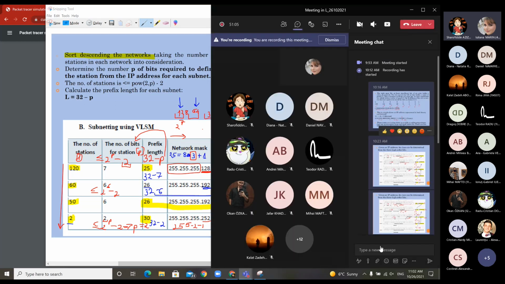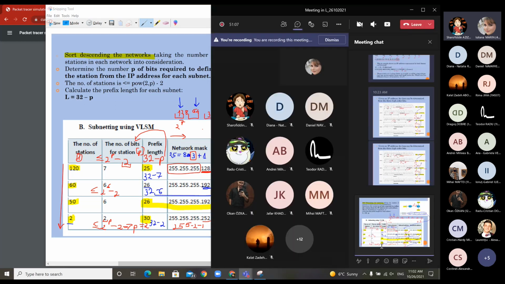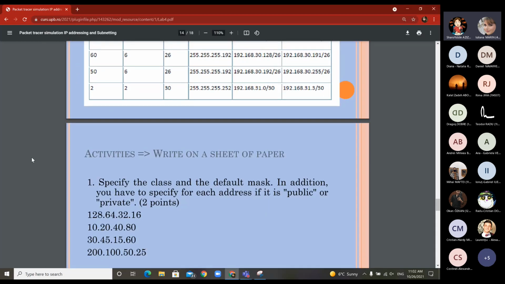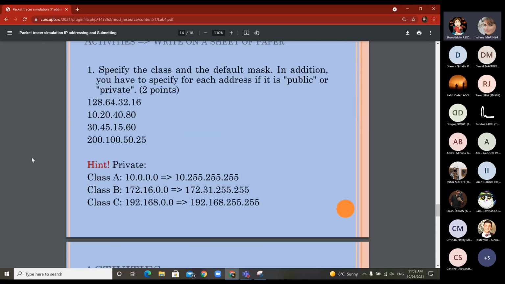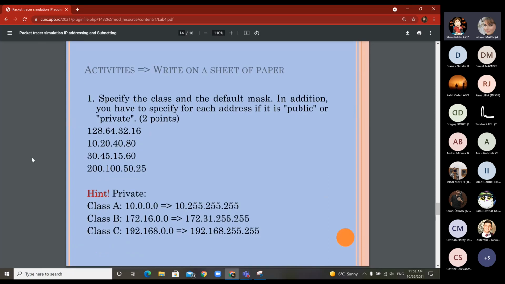Okay, let's have this one ending. And now you have the part of activities. So let's see. Here for your IPs which are provided, you should specify which is the class and the default mask, and thus to say whether an address is public or private. So private, they are usually the ones of corporations and